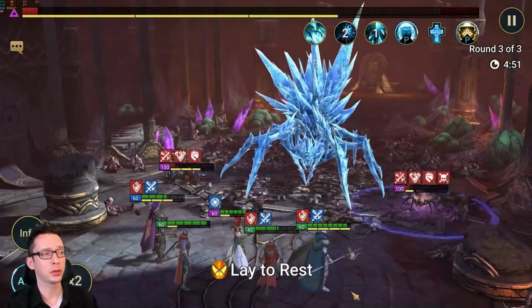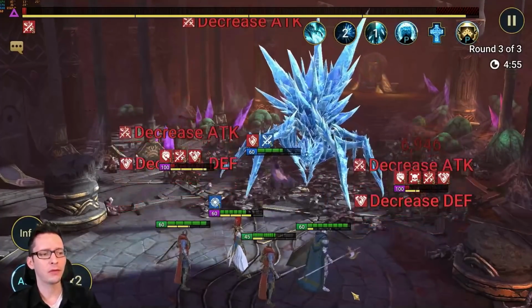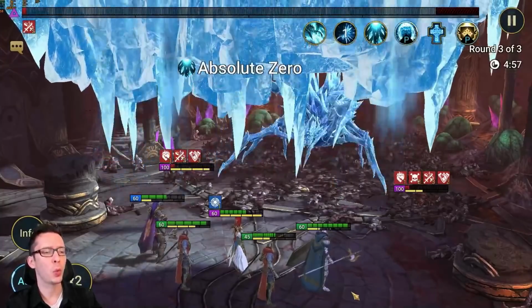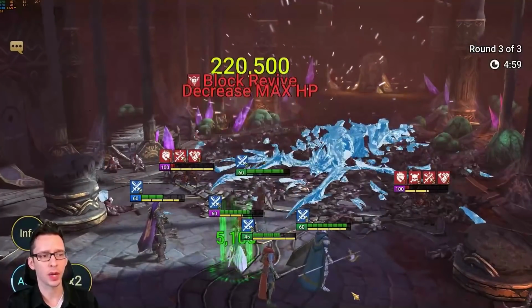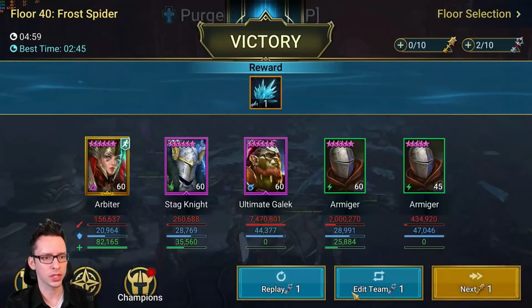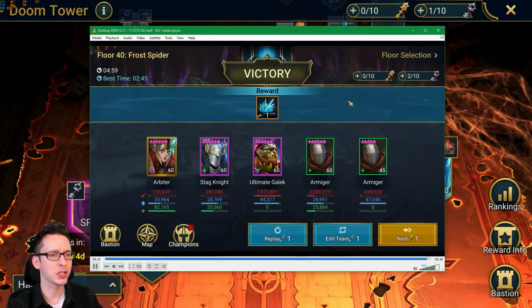So some runs will be a little bit longer. One of them was close to, I'm going to say, about 6 minutes. But on average, I'd say it's about 5 minutes. 5 minutes total to kill the Frost Spider stage 40 for the time being. So there you have it. 5 minutes almost on the dot. That is my somewhat